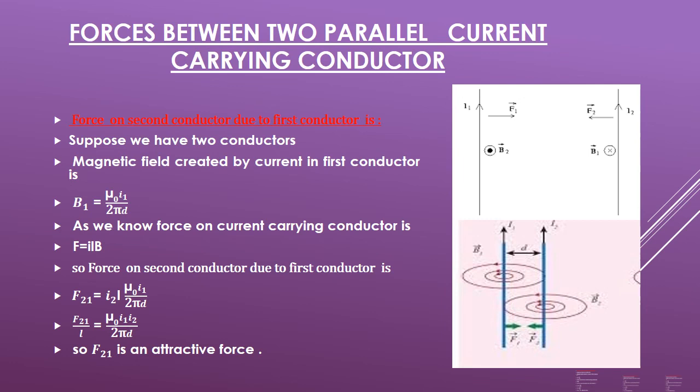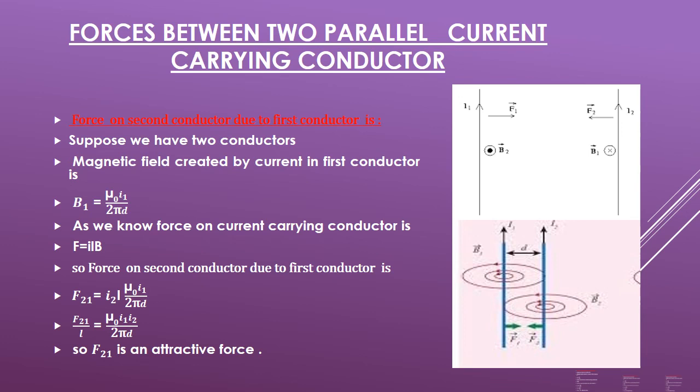Okay, so this we are going to find out, whether there is any force of attraction or repulsion and what is the quantity of that force. Question also arises why there will be a force. If there is a current carrying conductor which is placed in a magnetic field, it experiences a force. We have already discussed in previous lectures, the force is always normal to it. The whole conductor will try to move perpendicular to its direction.